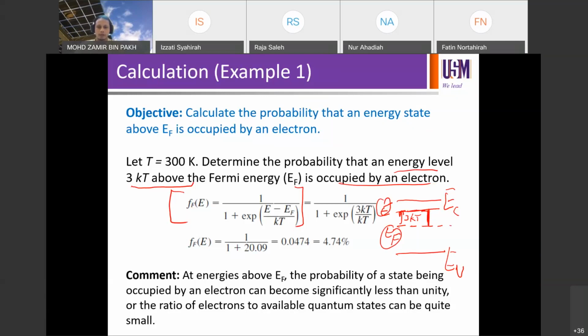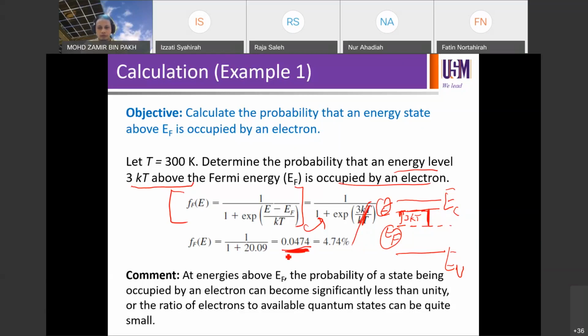The equation becomes 1 over 1 plus exponential of 3 kT over kT. Then you just cancel out the kT, numerator and denominator. So the equation becomes 1 over 1 plus 20.09. And your Fe now becomes